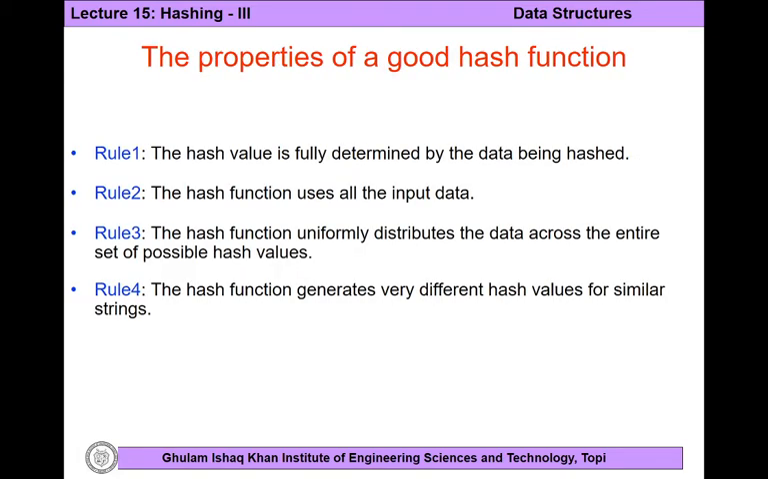So there are 4 rules which are very critical, which dictate or help us to identify a better or a good quality hashing function, right? For example, the first rule is that the hash value is fully determined by the data being hashed, right? For example, let me write a hash function here, right? And in this hash function, as I wrote in the previous lecture as well,